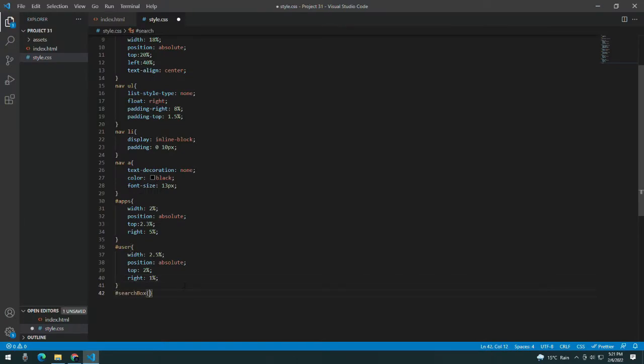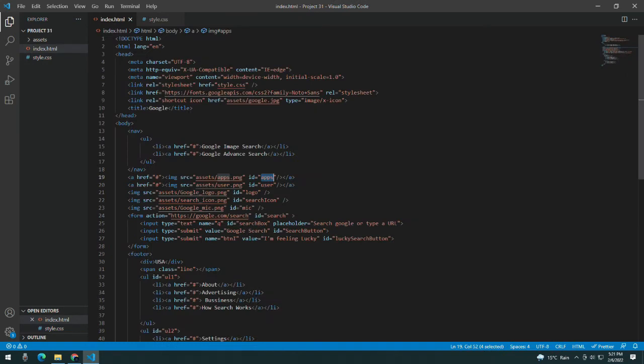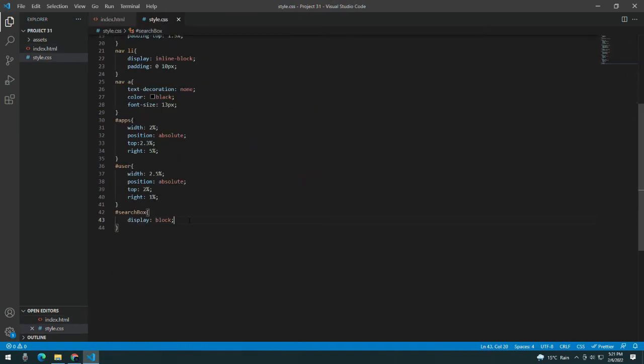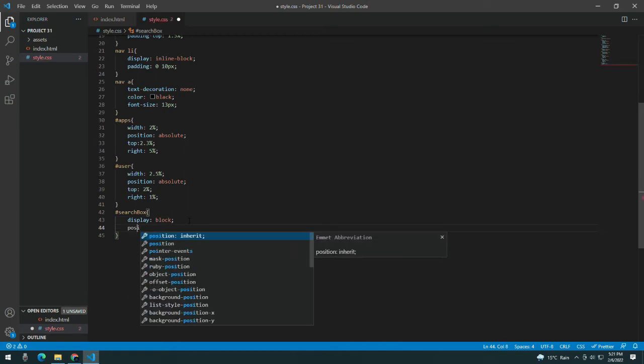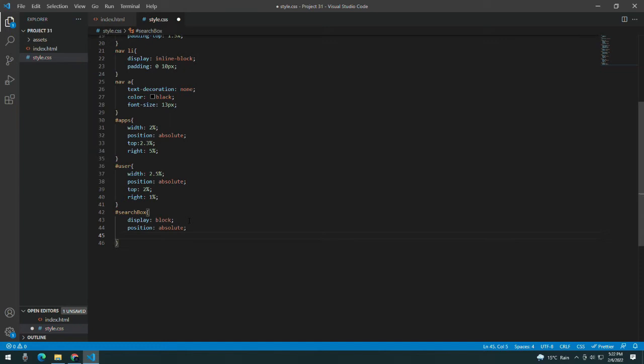Last one, now let's take the search box ID, give it a display of block. You can see here search box ID. After that give it a position of absolute, top should be 37%, left should be 31%, width should be 30%, height should be 6%,